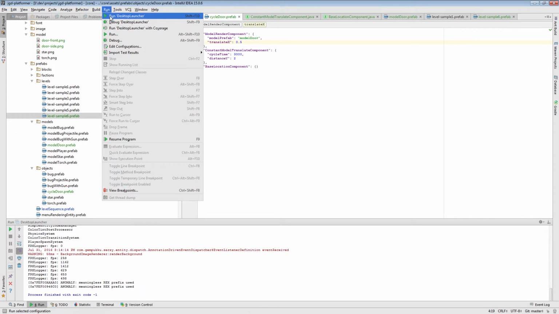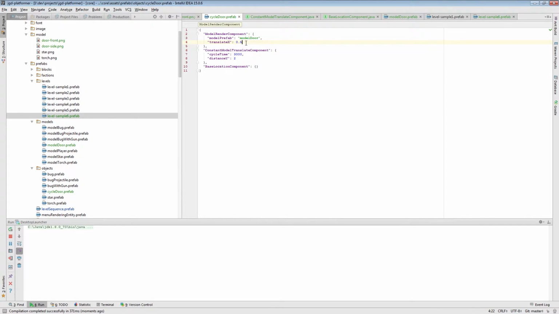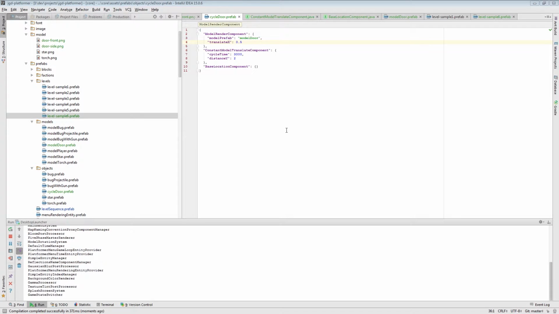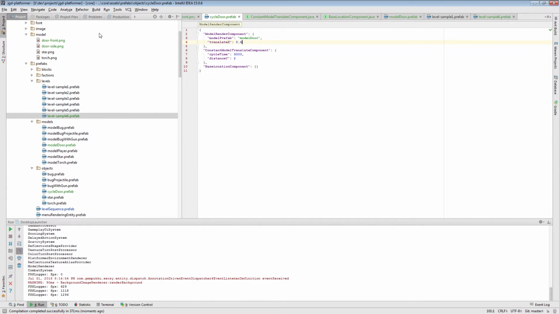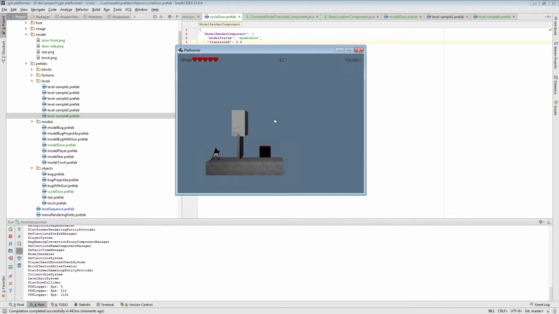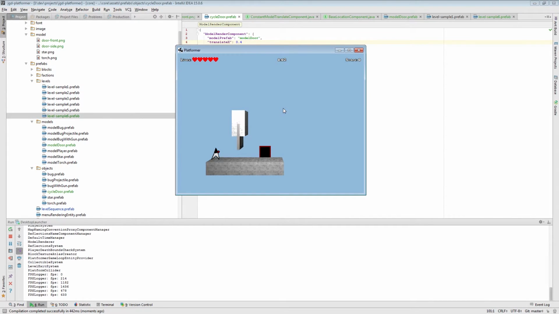Yes, it should be half plus half, not minus half. And it should be 0.4 because the door is a width of 0.2. So let me run it again. Okay, so this is working, except the doors are